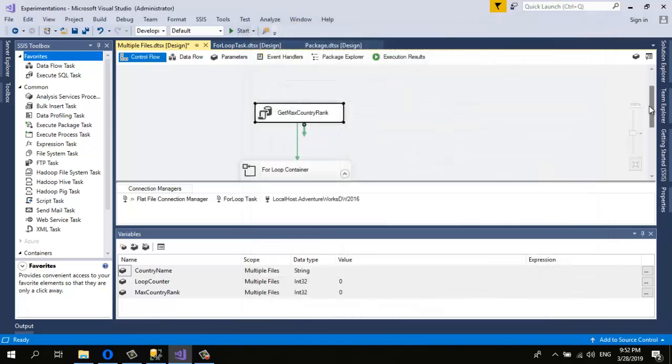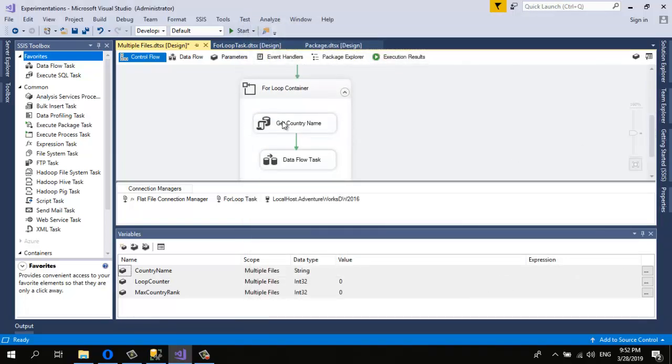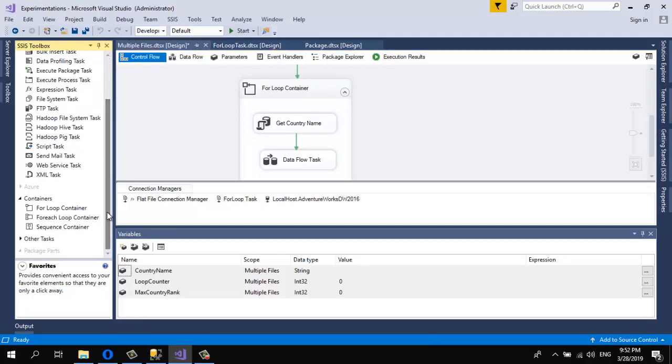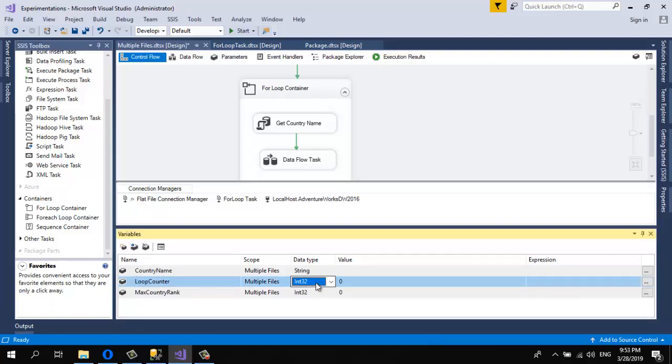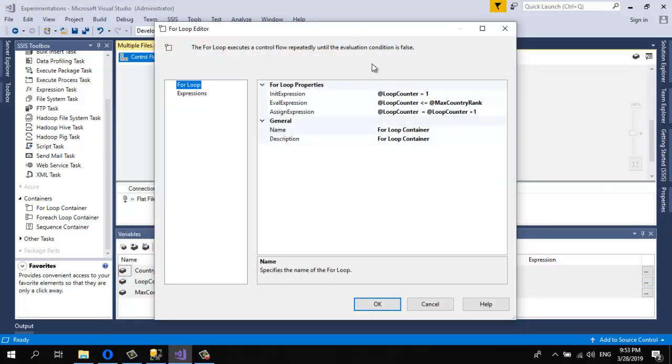This is the first step. Second step: I have dragged a For Loop container and configured it. How to configure it? I have already created a loop counter integer variable with initial value 0. Double click the for loop. In the initial expression, I have set the initial value of the loop counter to be 1. The eval expression on loop counter will iterate